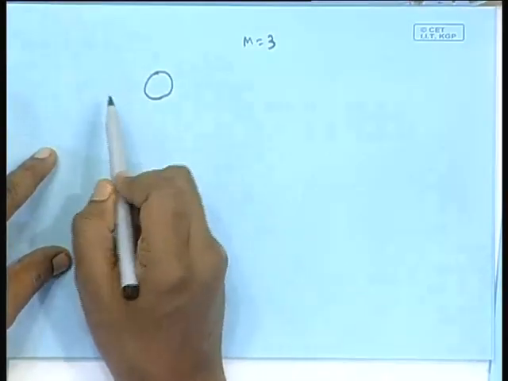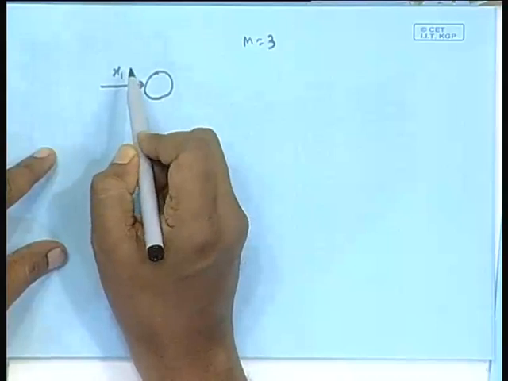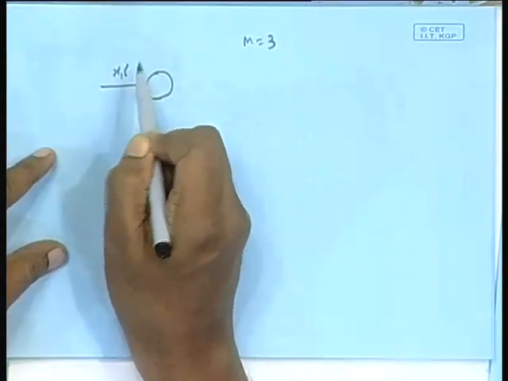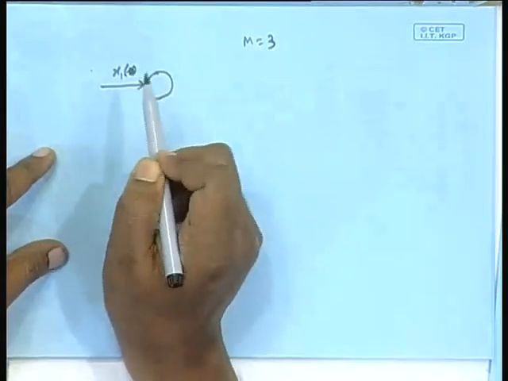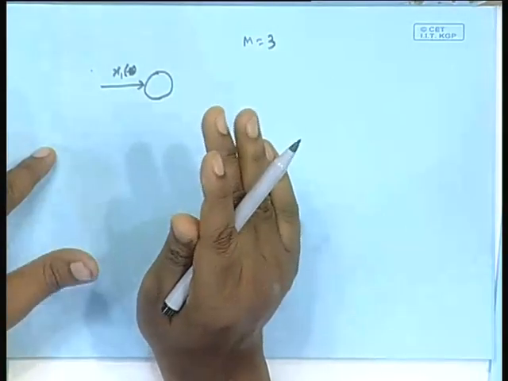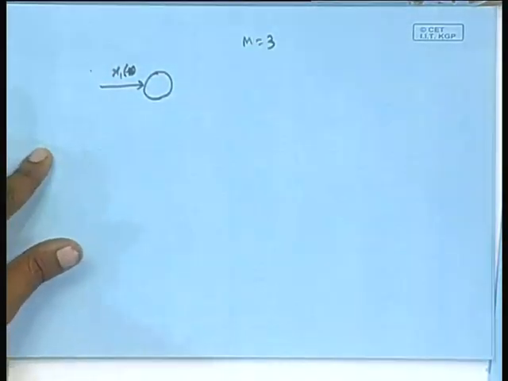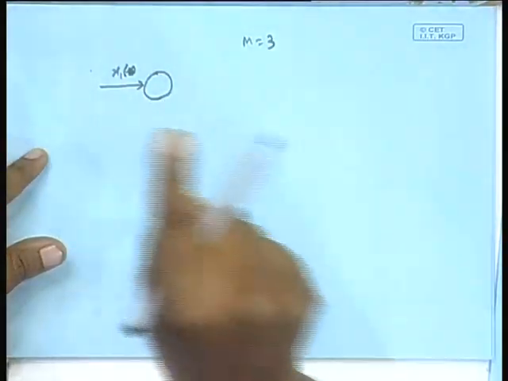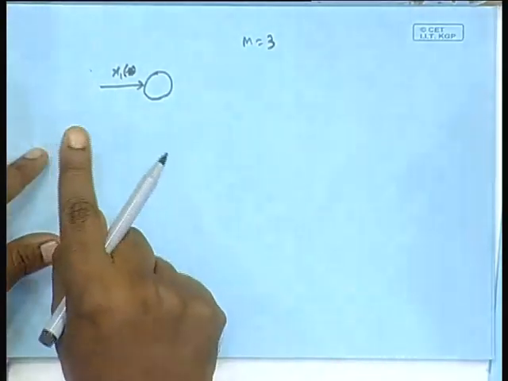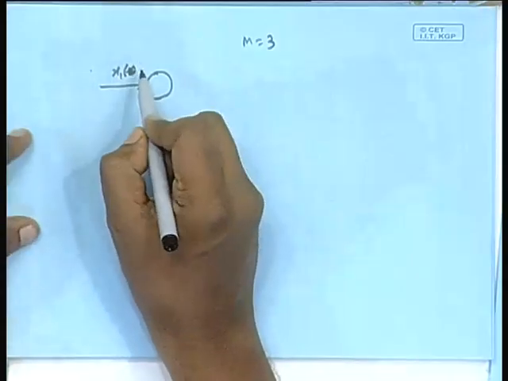Just to give you an idea beforehand, there is a computation. Suppose this is a general case I am considering, but for the adaptive filter case we will be simplifying it. X 1 0. For the time being, let us assume our starting index is n equal to 1, not 0. Like in the lattice case, we started at n equal to 0 and went onwards. Suppose n equal to 1 is the starting index. Like that time I said initial condition at -1. Remember, in the lattice case I gave the values at -1. Here the initial conditions will be at 0.